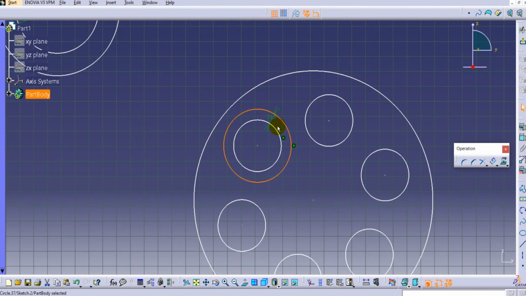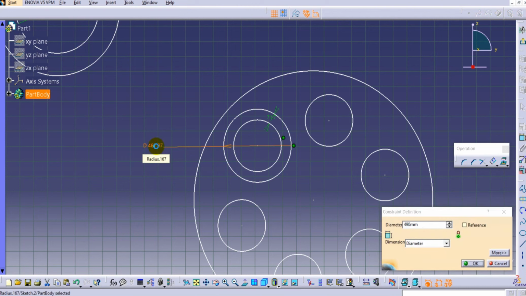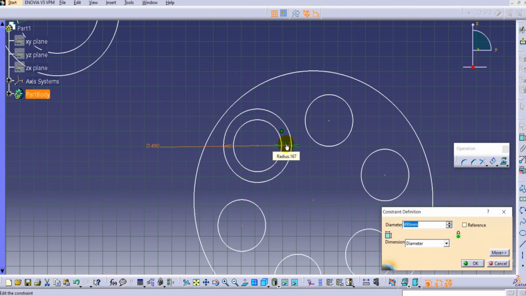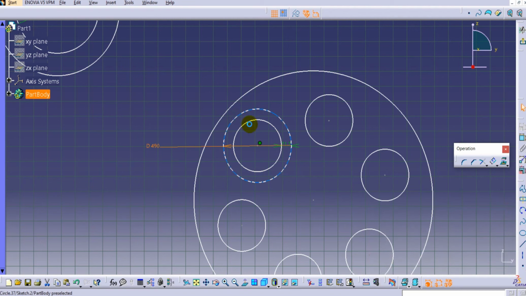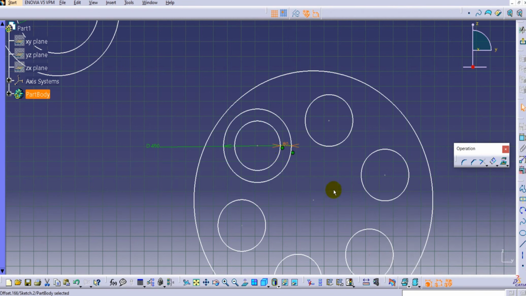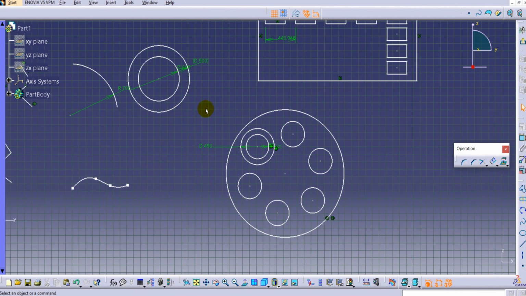Just select on the outside, and you can change the dimension. I will provide the dimension for this first, let's say 490, and to this one we have already provided this dimension. You already created this offset dimension. Just select that offset dimension, and you can change it to whatever value you want.